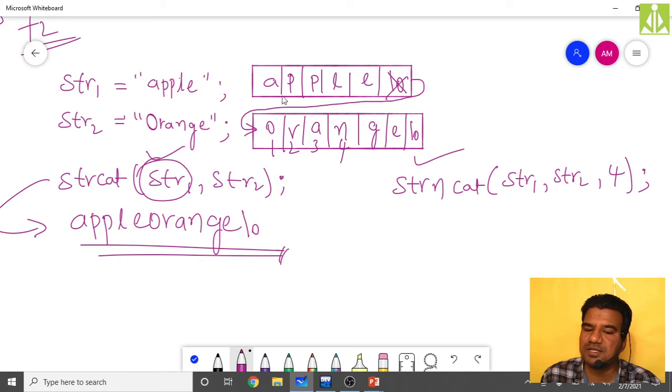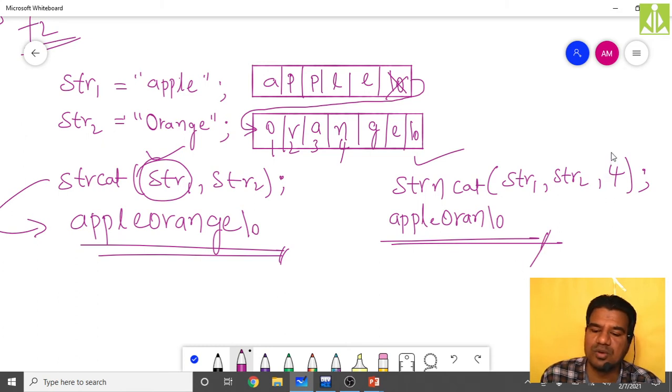Only 4 characters it will copy into this first string. So you will get apple followed by ORAN. GE it will not copy because we set it to copy only 4 characters. So like this is string concatenation length control.